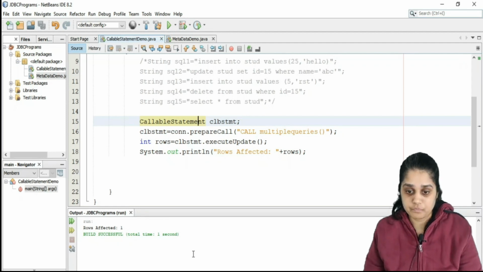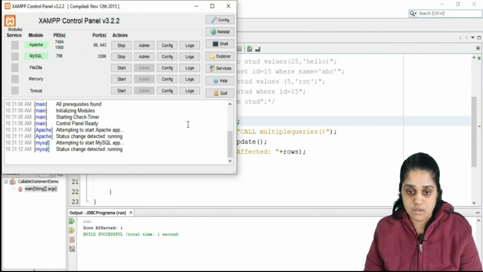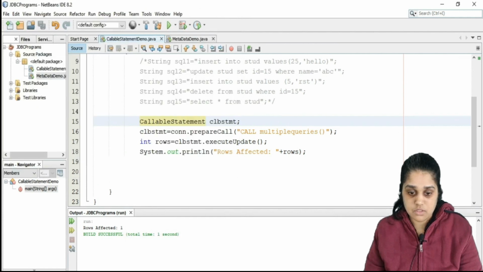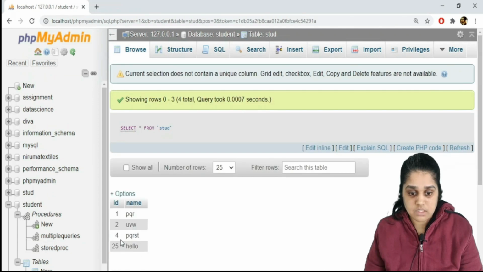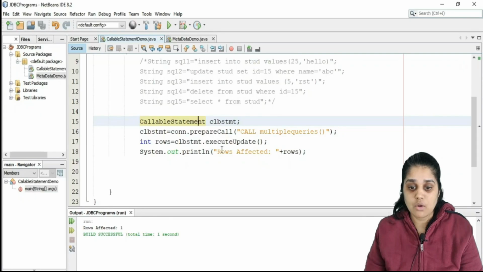Let us see whether it is deleting my data from the table. Okay, see, 3 deleted and 25 inserted. So rows affected is this. It is going to return 1 because it is going to return the result of the first query which is executed.